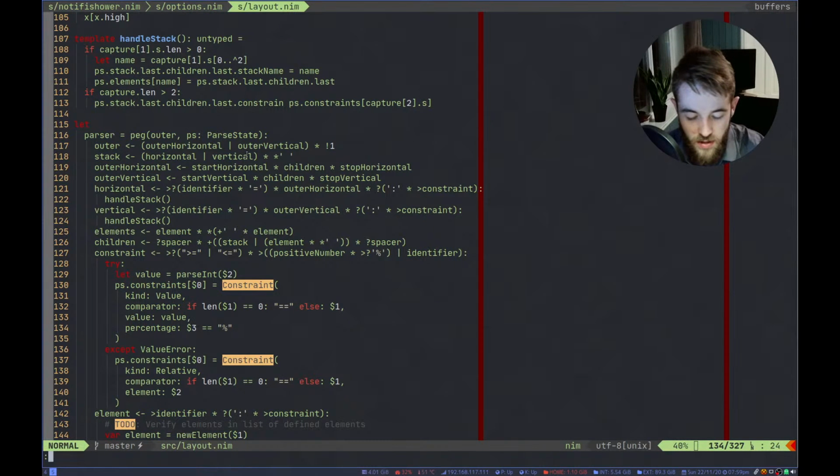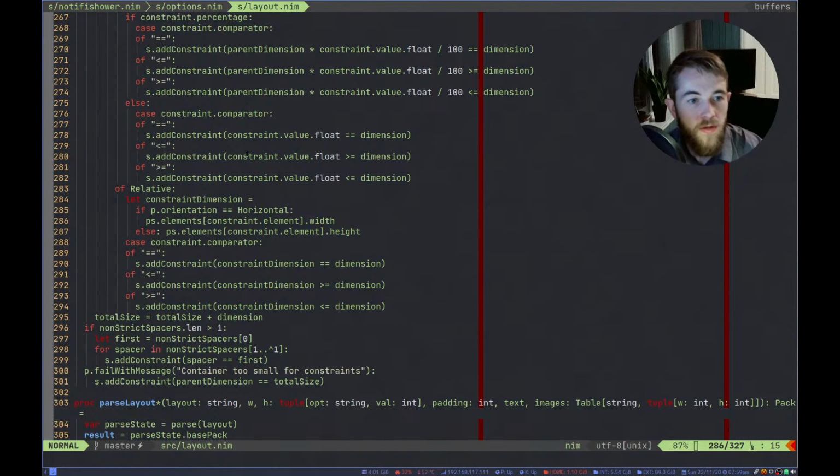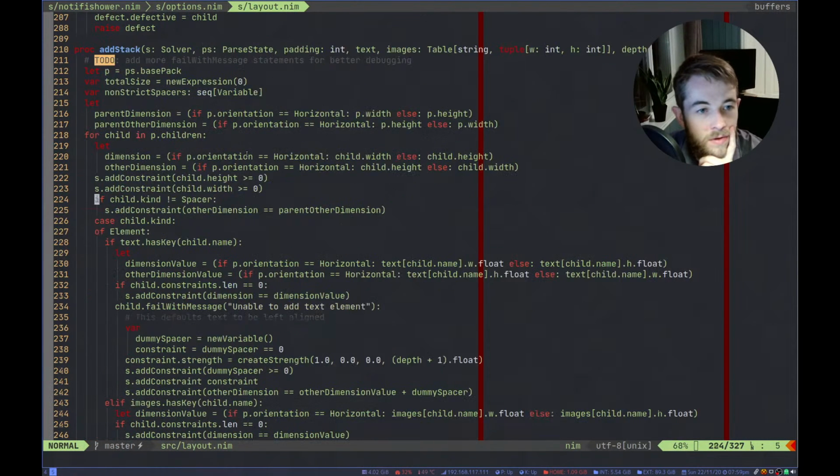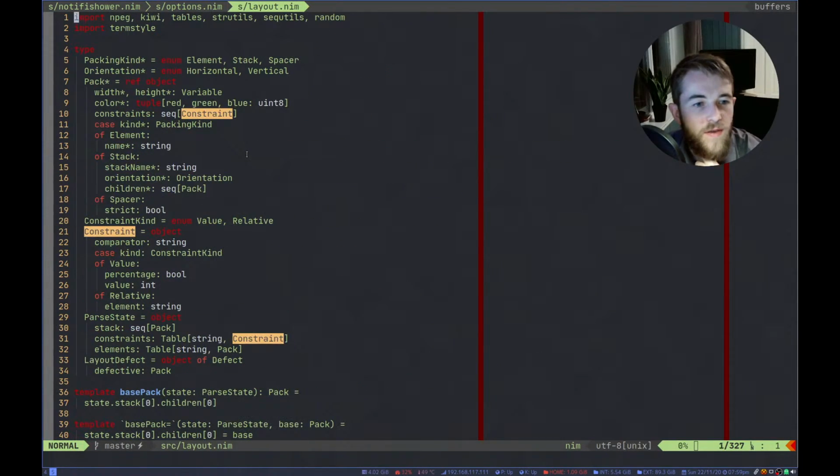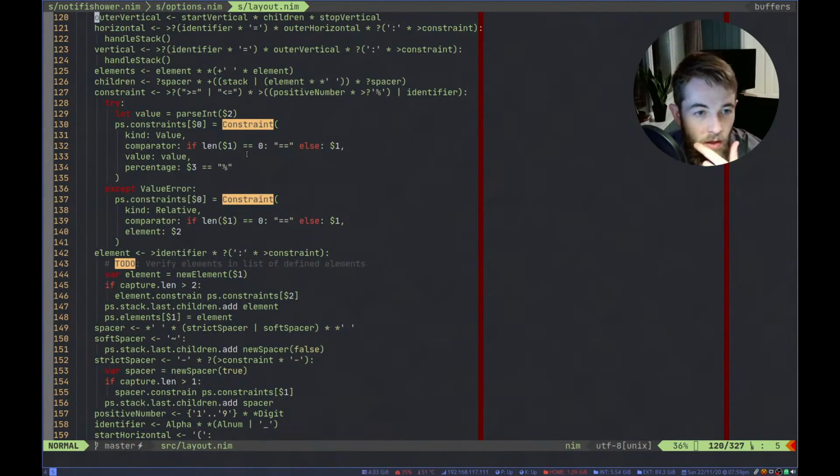And stack 286. So that ends up relative. That constraint somehow ended up relative because it tried to parse the int 2, which now is this whole thing and not just the positive number.